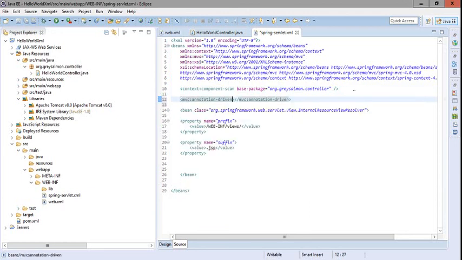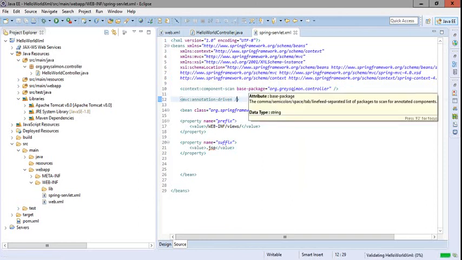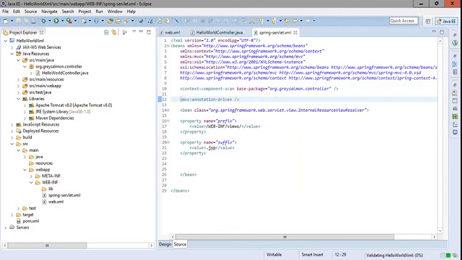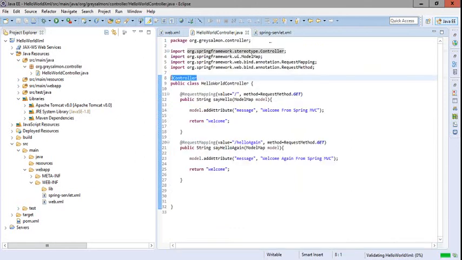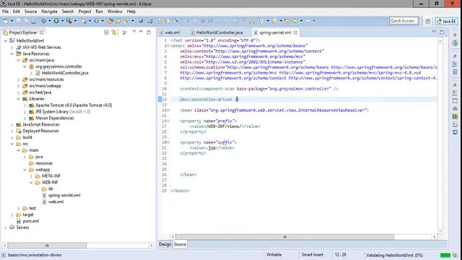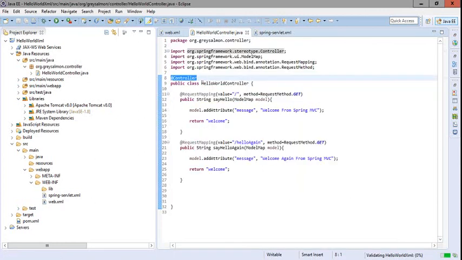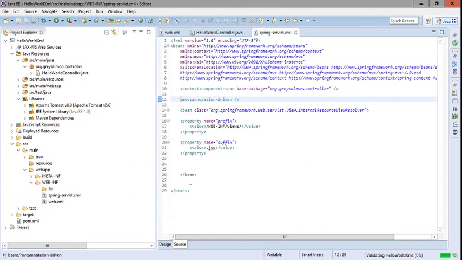And secondly, we have to use one more annotation, that is MVC annotation driven. Now what is the use of this? The use of this is that we are configuring our classes with the help of the annotations. So if you find any annotated component, please change that particular annotated class into a bean. So the bean will be created by the Spring container automatically at runtime.